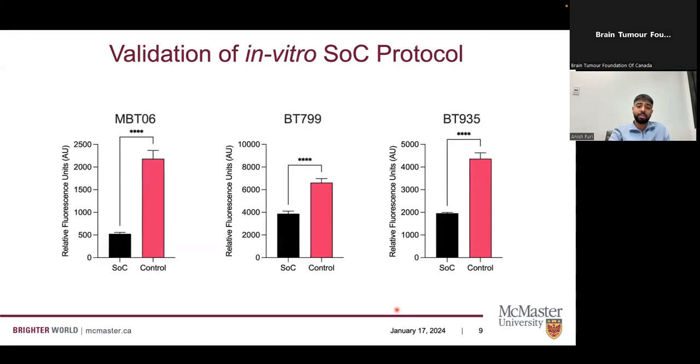The very first thing we did was validate that this in vitro standard of care protocol actually worked. What we see in 3 primary GBM BTIC lines is significantly reduced proliferative capacity of the standard of care treated GBM BTICs as compared to the control group. So we know that the standard of care was doing what we believed it would do, as there was reduced proliferative capacity. Then we could move forward, trying to figure out if cell surface uPAR expression increased after